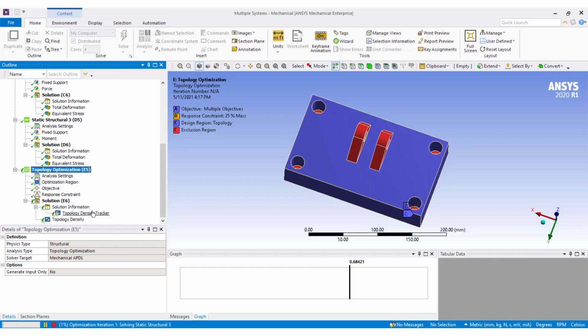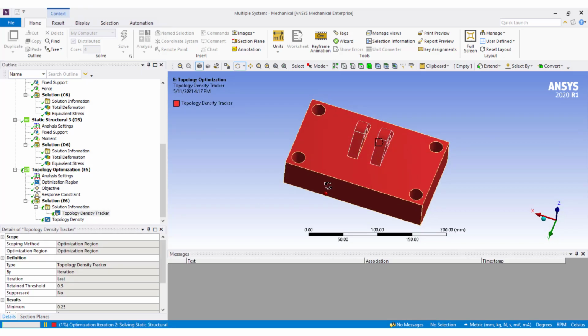One can track the mass reduction from the topology density tracker under the solution information.